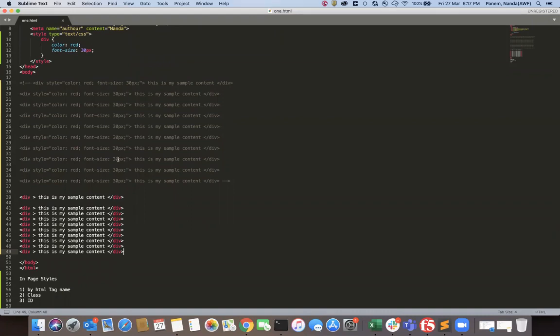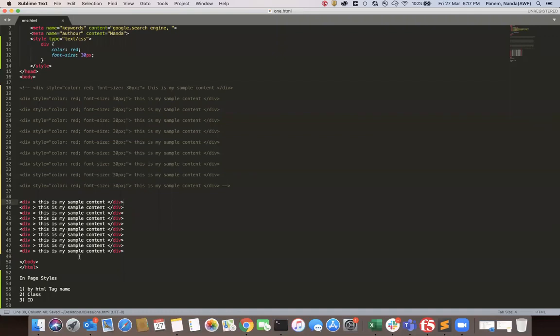Now, so till now everything is good. But again, we are into one more problem. You will come and say, I don't want the same styling for a couple of div tags. Alternatively, I need different styles. First one, I need the font color red and font size 30. Second one, I need color as blue and font size as 30. So like this, you need to get alternative styles. At that time, this concept is not useful. Then what are we going to use? We are going to use two concepts here. Those are classes and IDs.